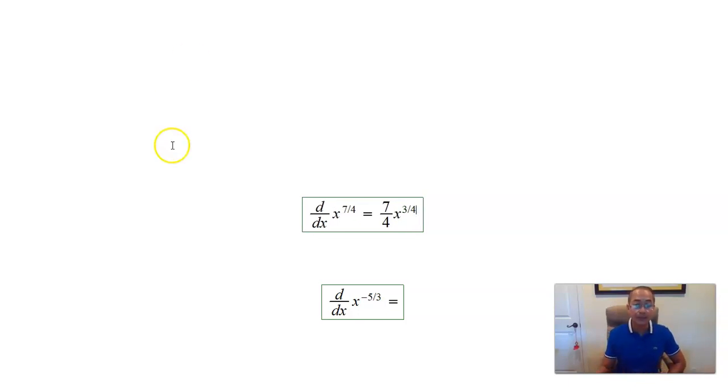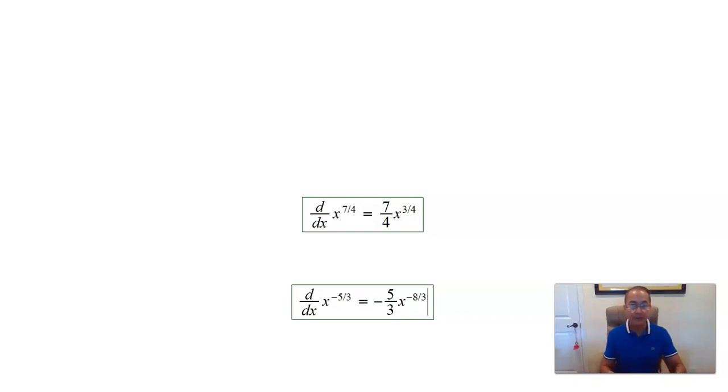Okay, did you get the same answer? Similarly, let me give you a second or two to do this, or you can just pause the video. Okay, we're back. So, drop the exponent, negative 5 over 3, and then subtract 1. So this time you have a minus 5 over 3, minus 5 minus 3, you get minus 8 divided